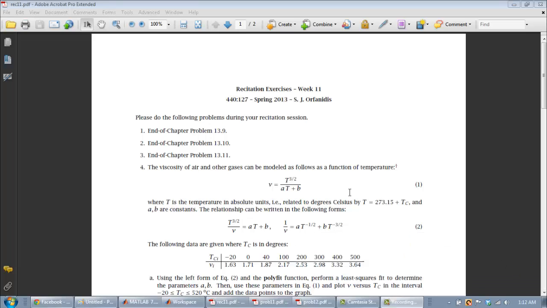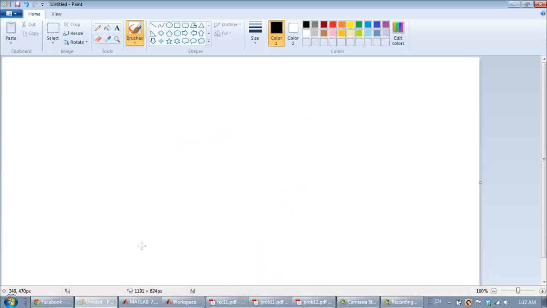Okay, so this is the first time I've tried to do a screen capture view, but we'll see how that works. So a lot of you have been saying that the curve fitting parts of Matlab have been giving you some issues, so I'm going to try to clear some of that up. There's basically three types of curve fitting that you are definitely required to know, and that'll definitely show up on the third exam. So those three types are,